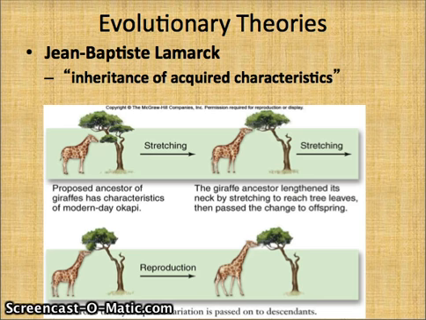So what he said was that whatever you do to your body over time, you can pass that on to your kids. So for his example, he used giraffes. He said the original giraffe had a normal short neck. It ate the leaves from the lower part of the trees. When it needed food higher up, it would just stretch its neck. And that stretch stayed and was passed on to their children. Those offspring then stretched a little bit farther, their necks got a little bit longer, and they passed that on as well, until eventually you end up with the modern day giraffe.